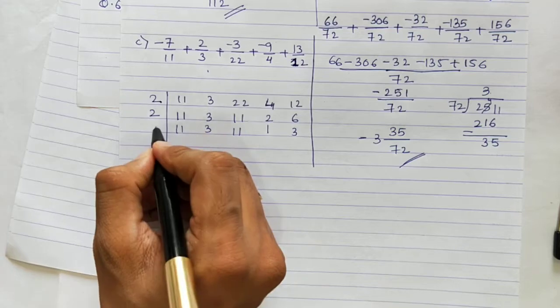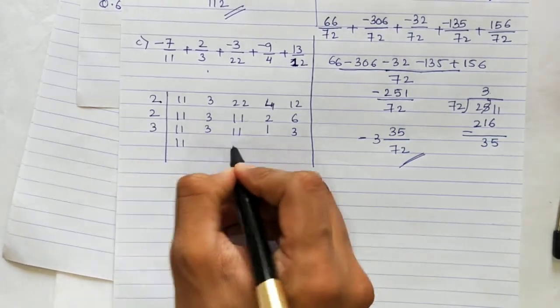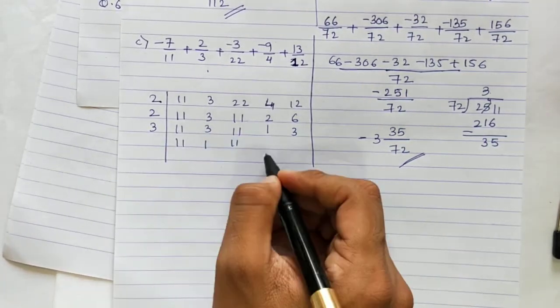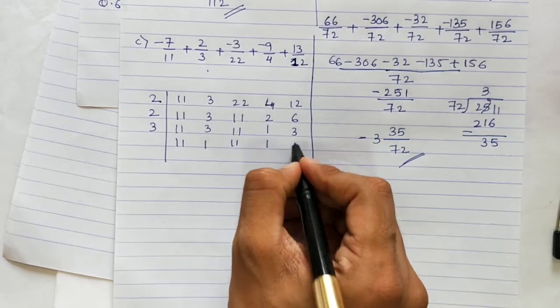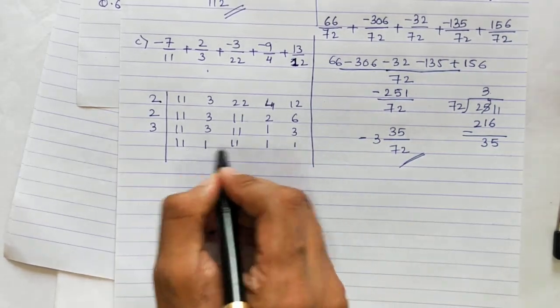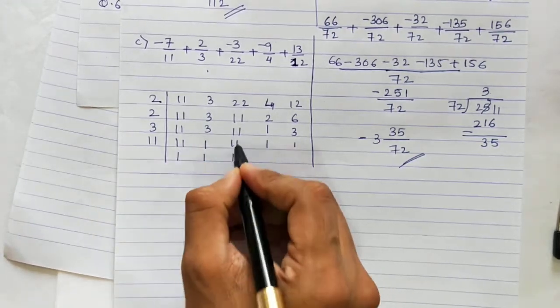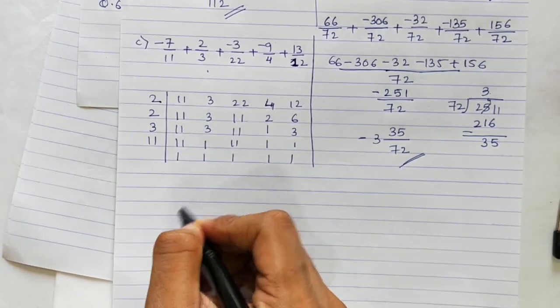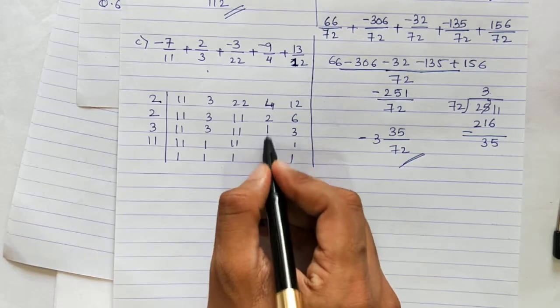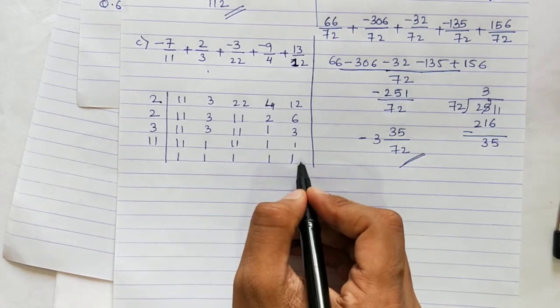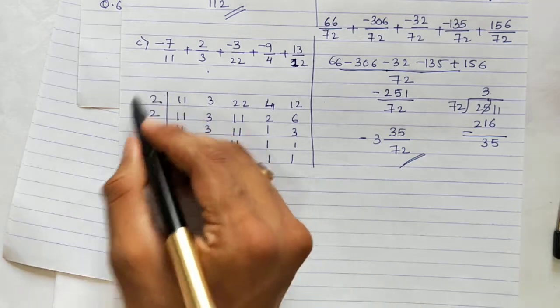Okay. Then we'll take 3. 11 will come as it is. 3 1s are 3, this 1 will continue. Now 11 is remaining, so we'll take 11 here. 11 1s are 11. Okay, once you get 1, keep writing it. So all numbers should become 1. We have to divide all numbers. So my LCM is